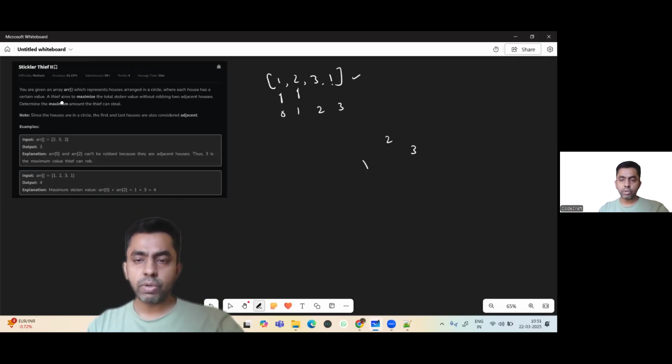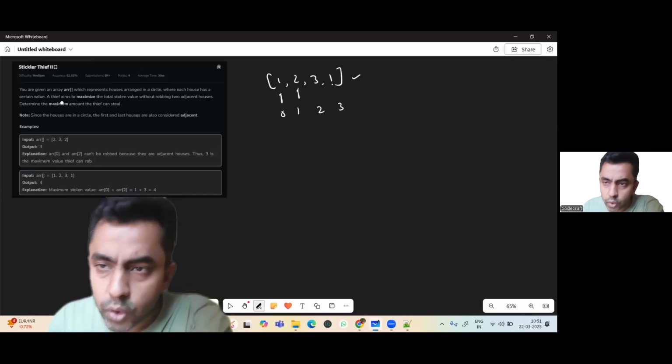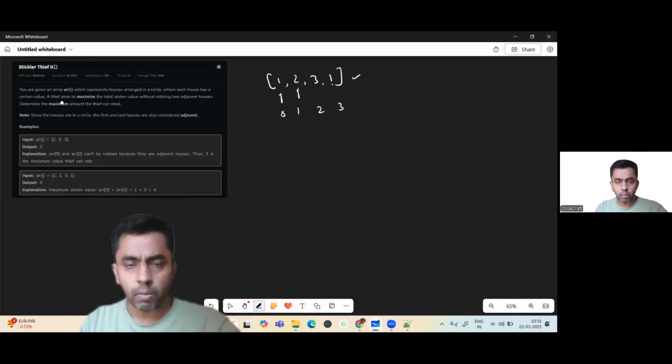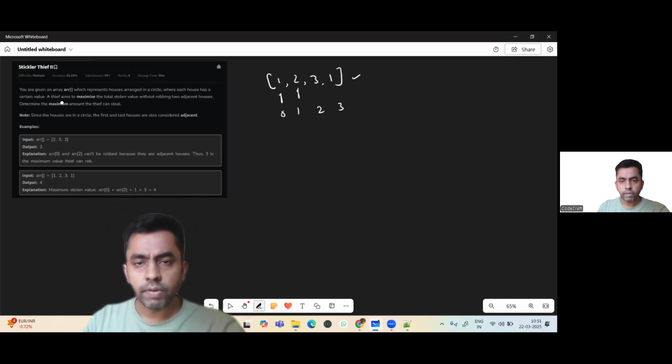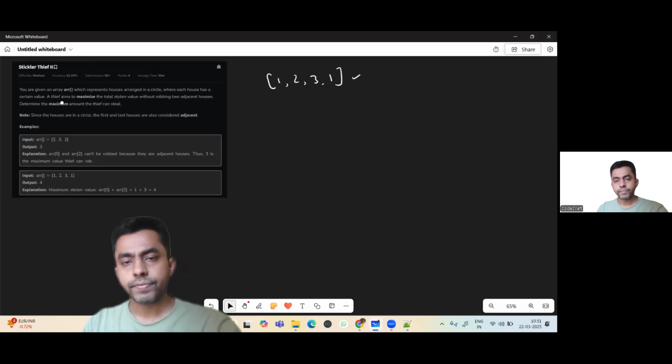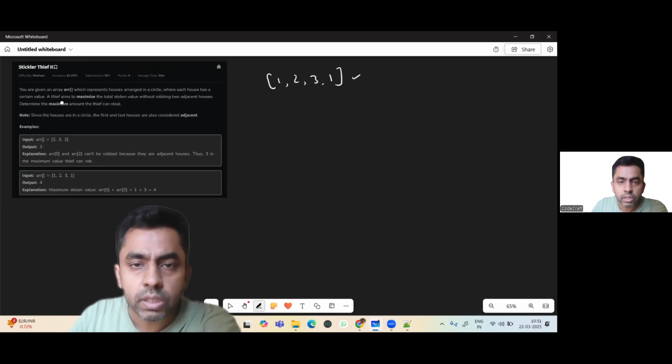So this is an extension to yesterday's problem. We are going to use the same solution to solve this problem. The only thing is we'll tweak the solution a bit. So what we are going to do: in order to maximize what the thief can steal,